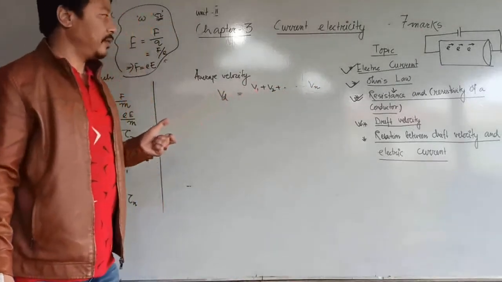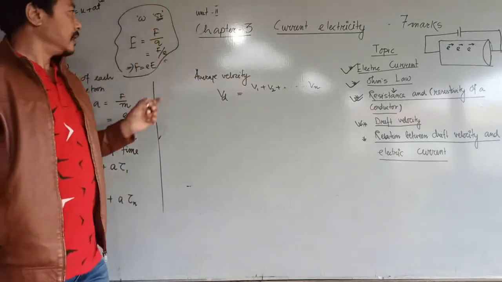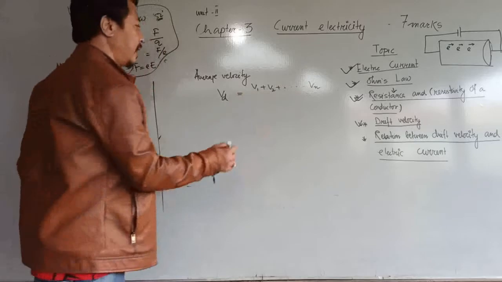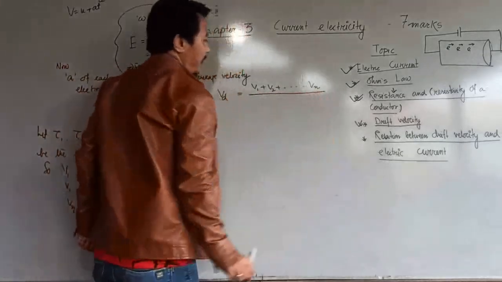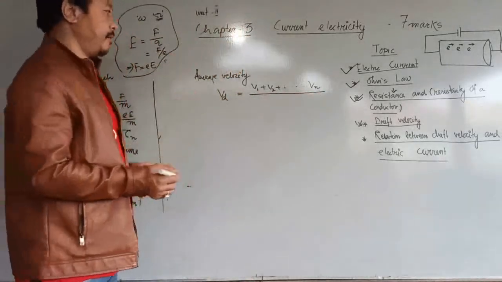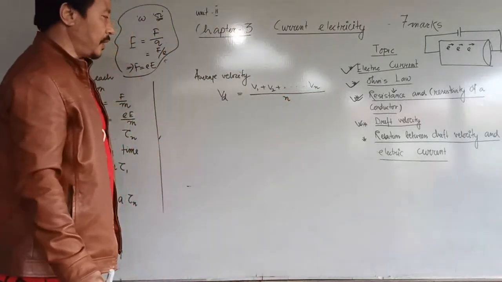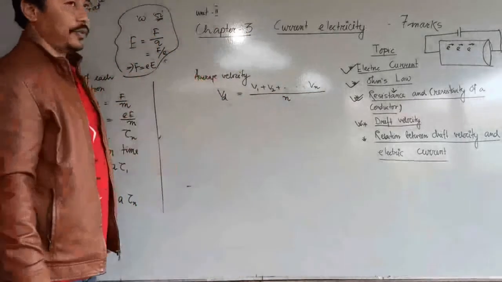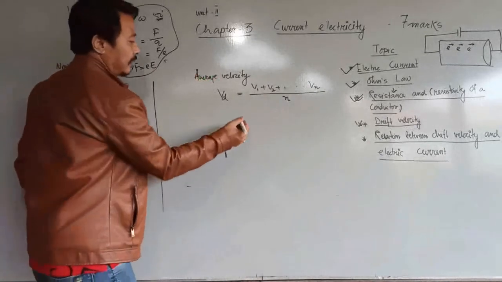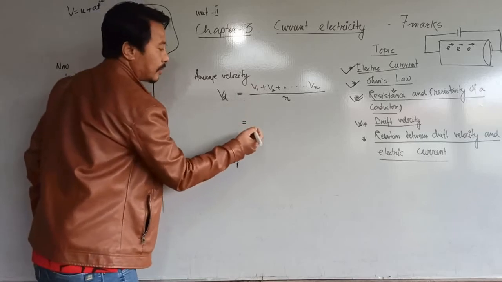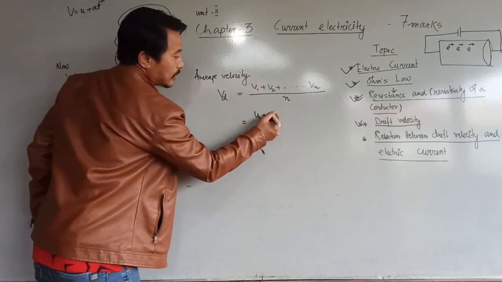V1 is the velocity of the first electron, V2 of the second, and so on. How many electrons were there? n number of electrons. Now replacing the values of V1, V2, Vn, V1 is u1 plus a tau 1,